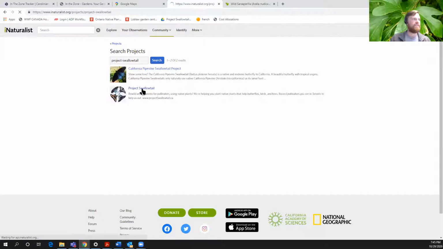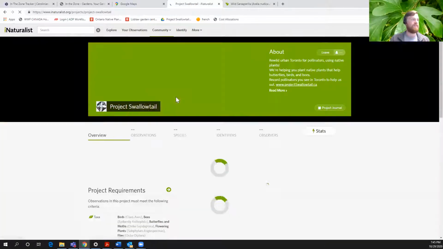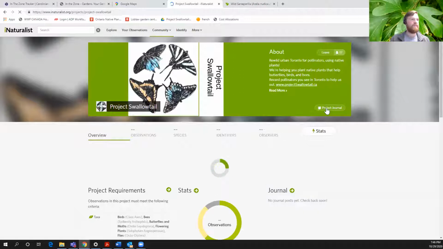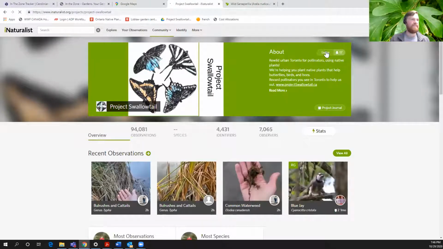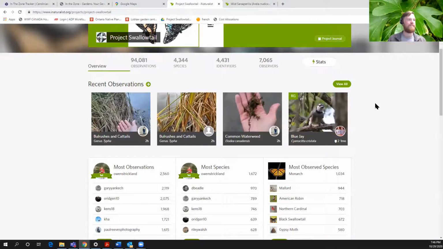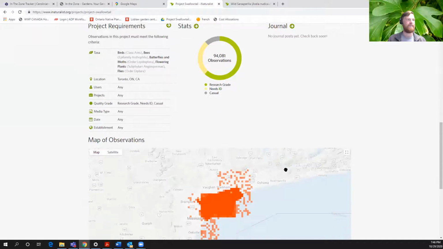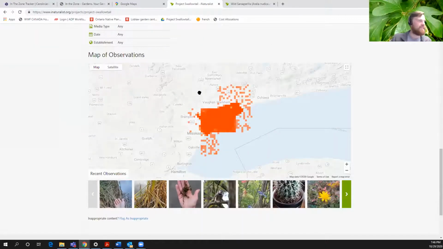There we are, folks, Project Swallowtail. You can go to Project Swallowtail. I've already followed, so that's why it says leave here. And there's only 17 people in this group, folks. So let's see that number go up right after this, okay? And then here are the various things that have been indicated. So Project Swallowtail, basically, it's an area-based thing.